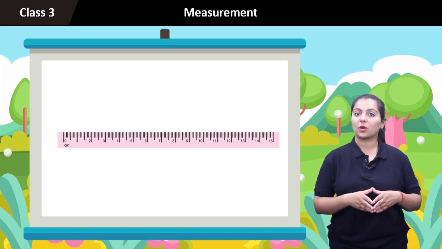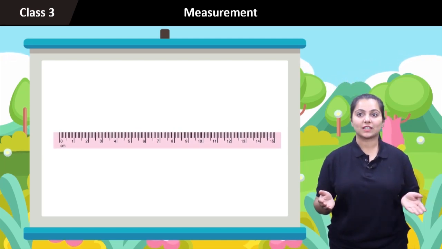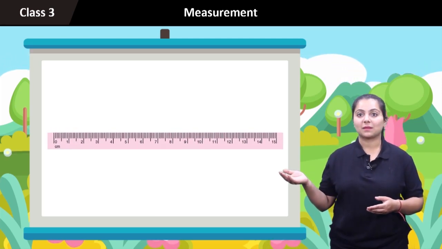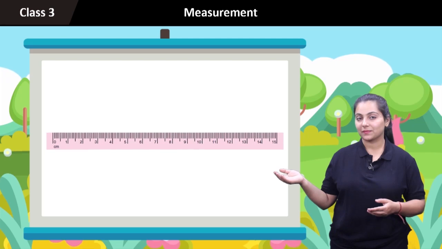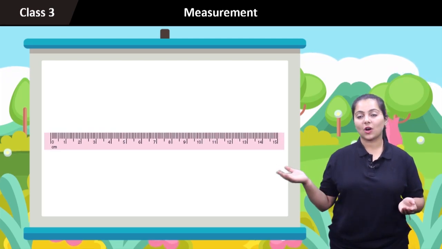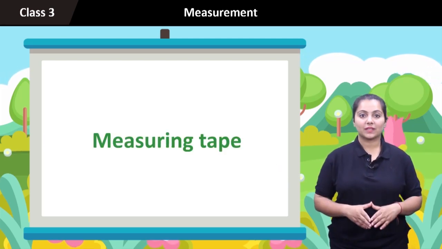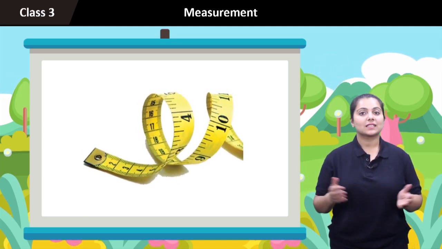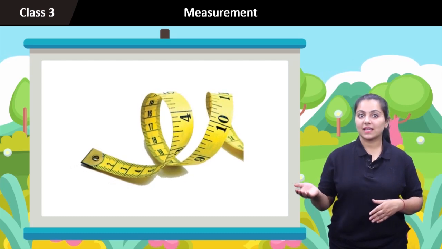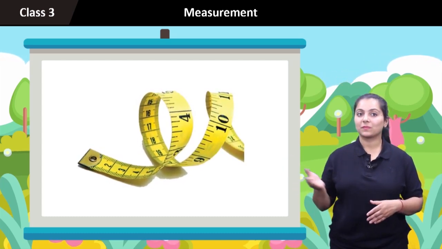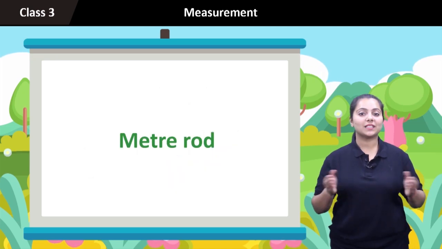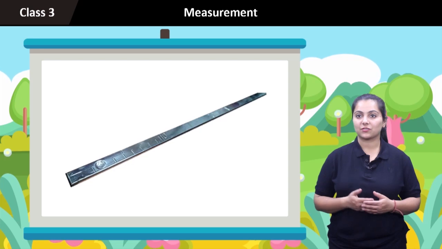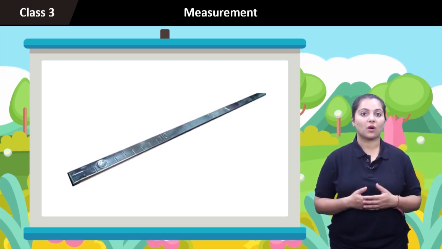To measure the length of an object, we keep the tip of the object at 0 mark and find the mark on ruler that matches with the end point of the object. This gives the length of the object. Measuring tape. It is also used to measure lengths in day-to-day life. Carpenters, tailors, etc. all use measuring tapes to measure the length. Meter rod. When we visit a shop to buy ribbons, fabrics, etc., the shopkeeper uses a rod called meter rod